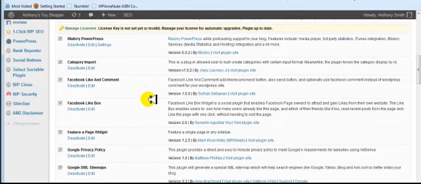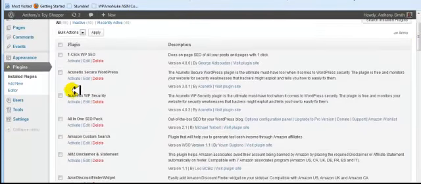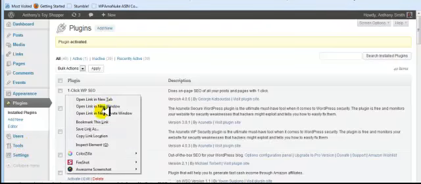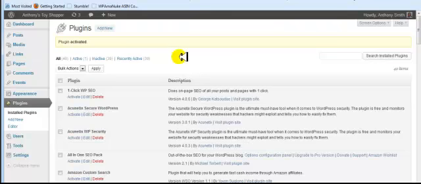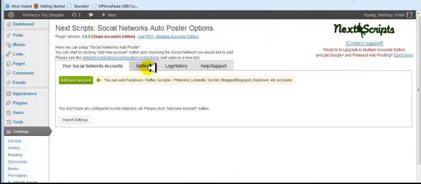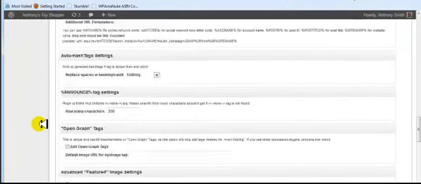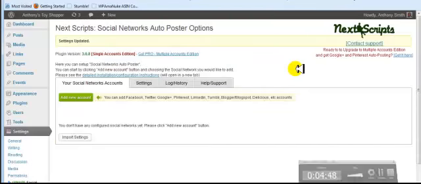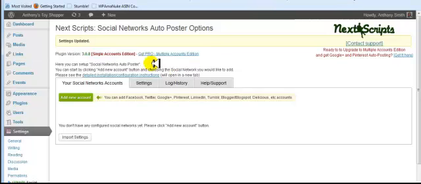So what we're going to do now is go ahead and open up Snap. Did I accidentally deactivate Snap? I may have. I did accidentally deactivate Snap. So we're going to go to settings and then open Snap in a new tab, so we can work in both the plugins and this particular plugin. So let's go back to settings, scroll down and click save and see if we got the error. I have a feeling that we're not going to get the error now. And you see that we did not get the error. So we know for a fact that it's another plugin